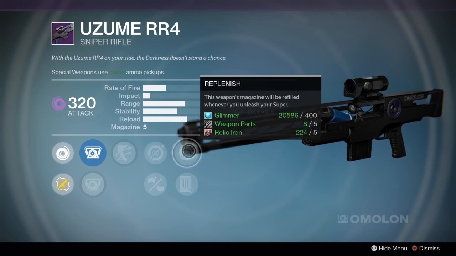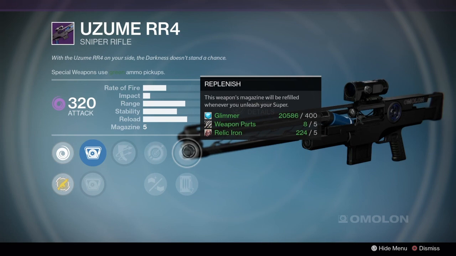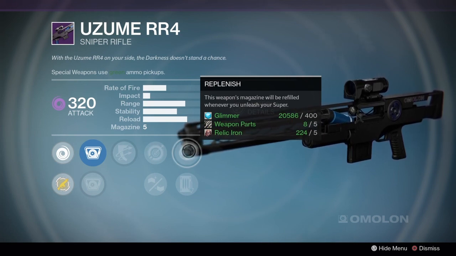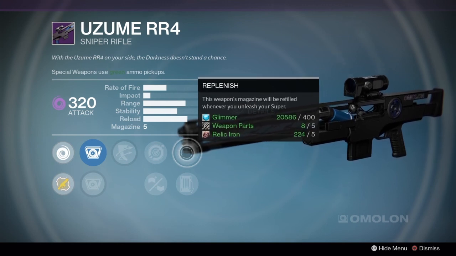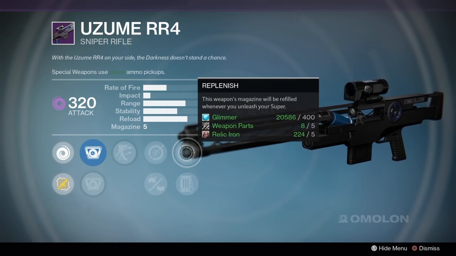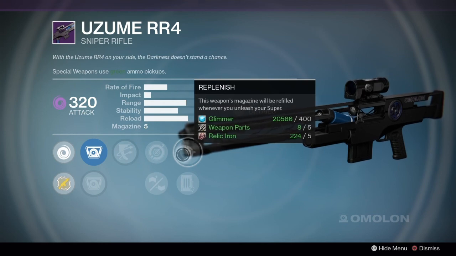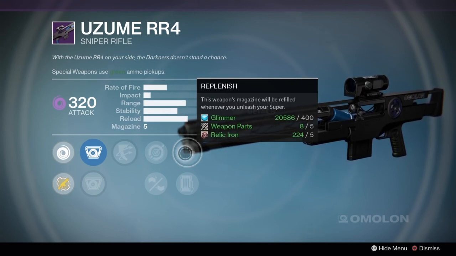And then there's replenish, which will refill your mag whenever you have a super. I personally feel like most of us could do without this. At least on a sniper, because if you're sniping, you should be pretty far away. And most supers require you to be, I'd say, at least mid-range with your enemies. That said, for my recommendation,